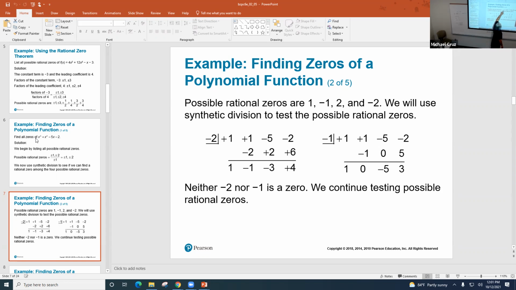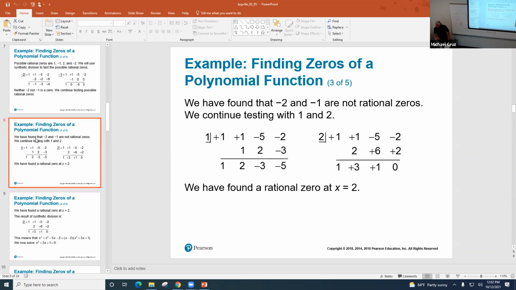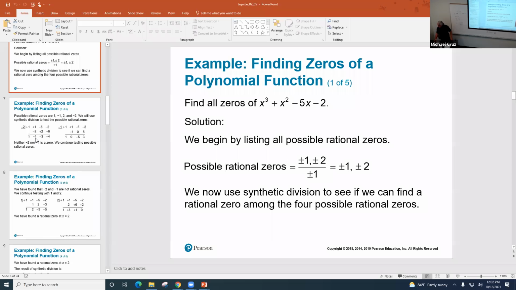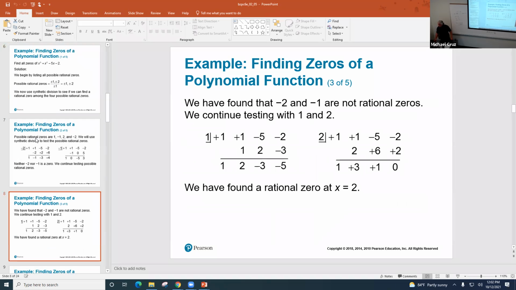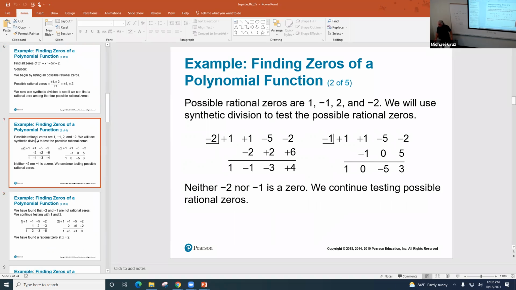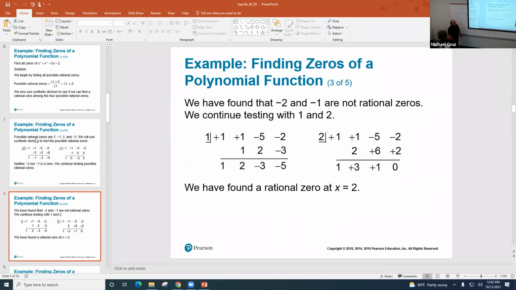-1, they're doing the -1 first, I guess. So bring it down, go across. It's not a 0, it's 3. So we can rule out -1. Now there were 2 other ones, 1 and 2. So 1, let's see. So those 2 aren't, but on this one they do 1, not a 0, but then they do this one, 2,